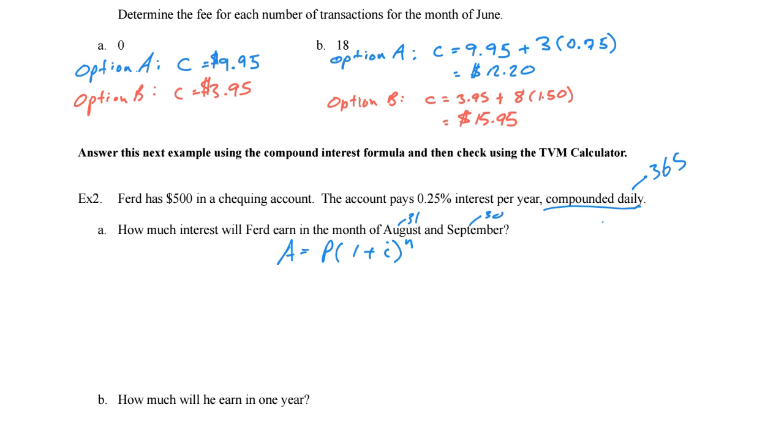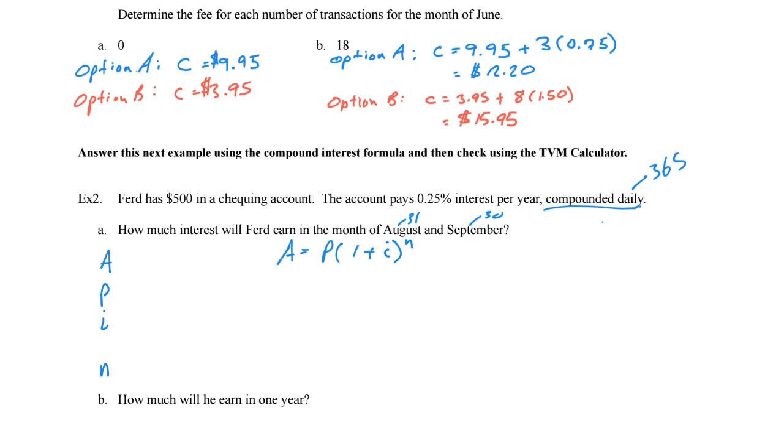Now, in order to get the perfect answer, instead of dividing out our i value, as you'll see, we'll actually have to use the calculator to do all the calculations for us. So in this case, we have our basic equation, A is equal to P(1 + i)^n, because we're looking for the future value, the amount of money at the end of September. So we'll start with our A, P, i, and n.